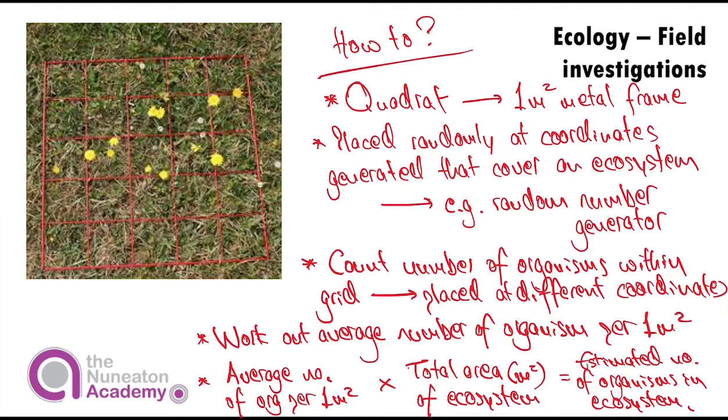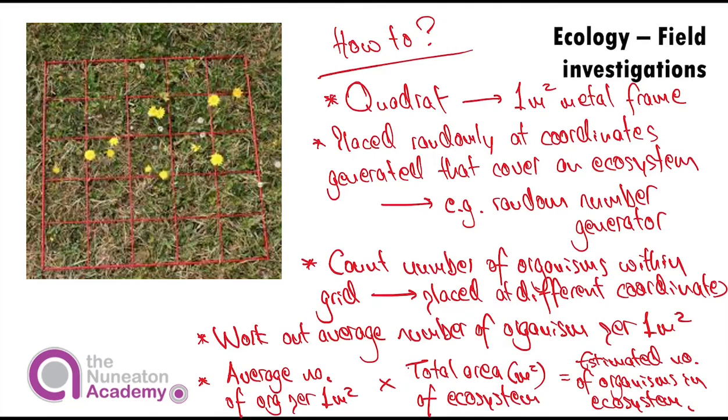So the first thing is that this quadrat will get placed randomly within an ecosystem, and the simplest way in which to do that is through splitting up the area in which it's being used to sample into a grid and generating coordinates randomly, maybe using a random number generator, that you can then place that quadrat at across